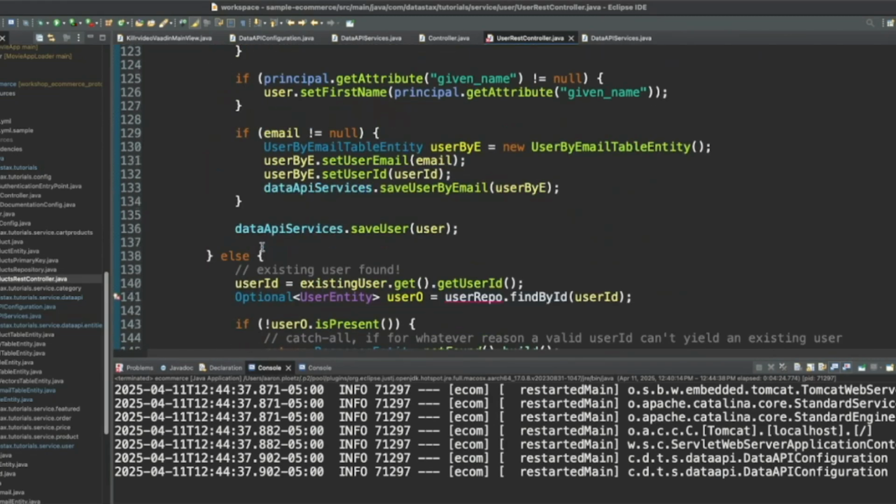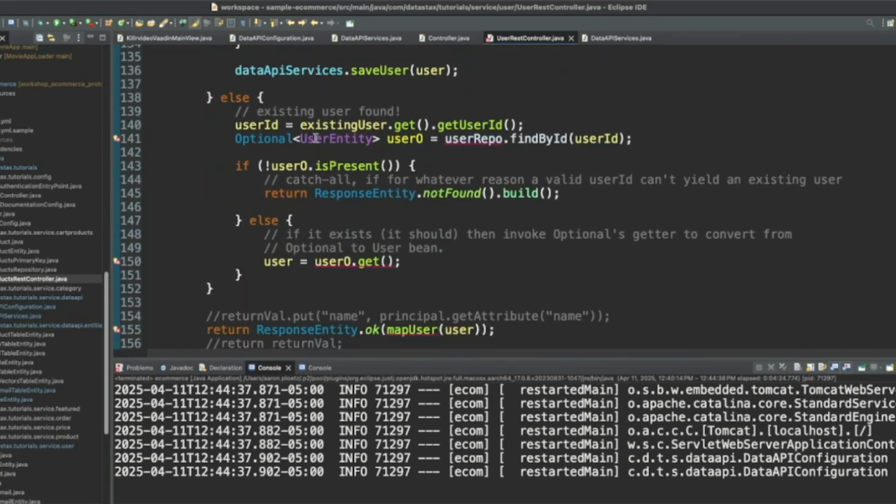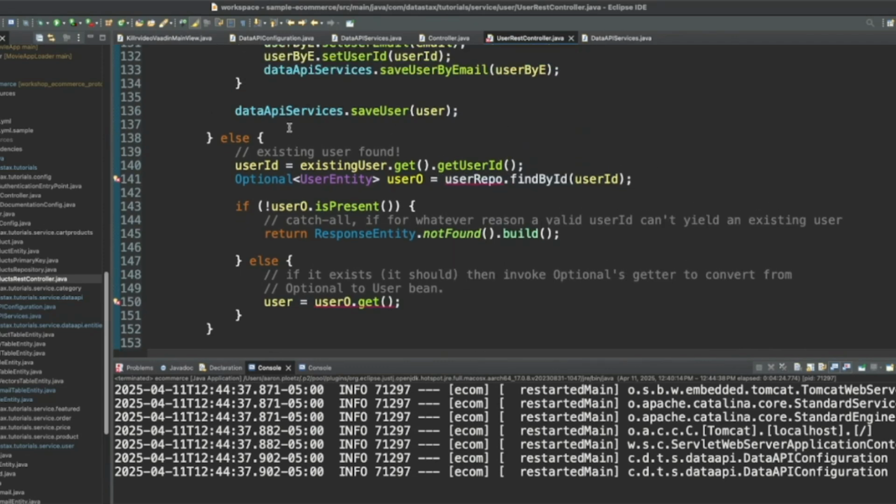Okay. All right. So next, we have a find by ID or a get by ID for the user repo. So same thing. Let's say data API services, and we'll say get user by ID. This is going to return an optional user table entity, just like that. So let's go ahead and copy that.